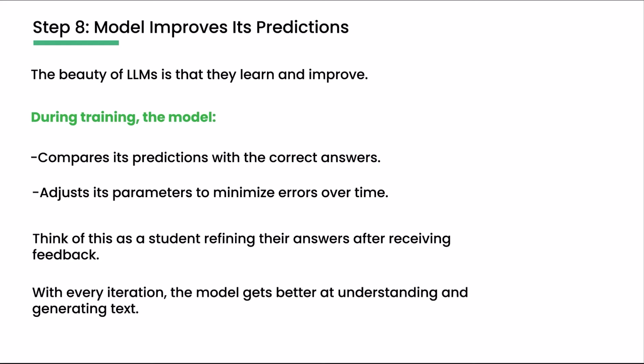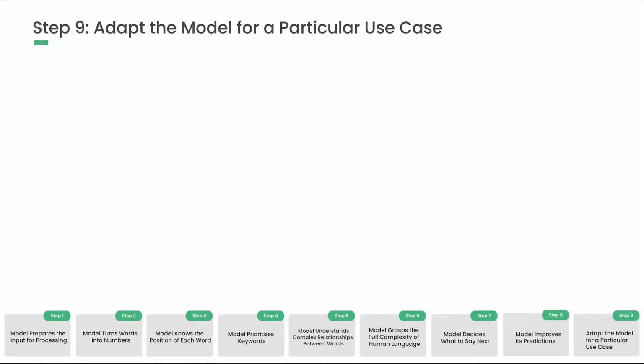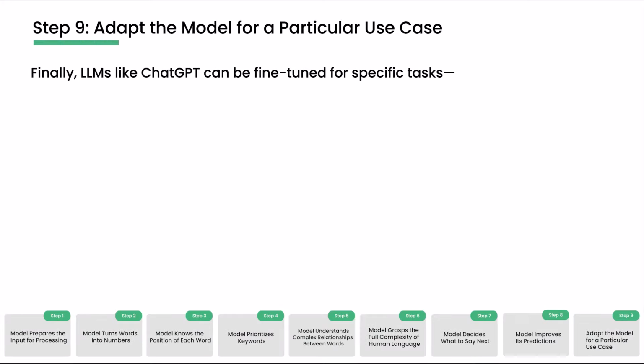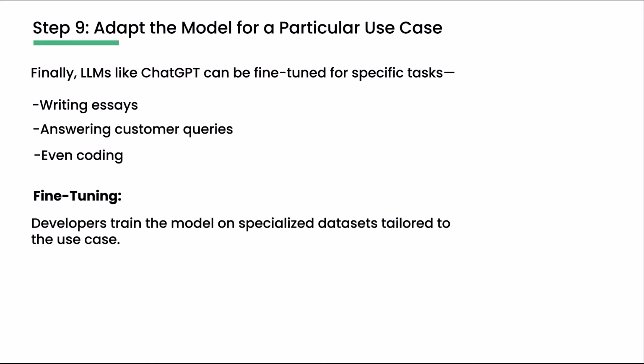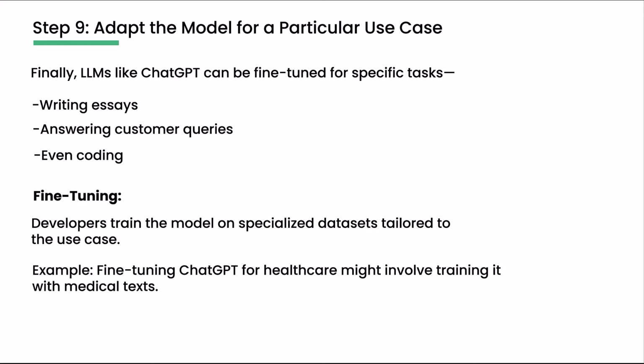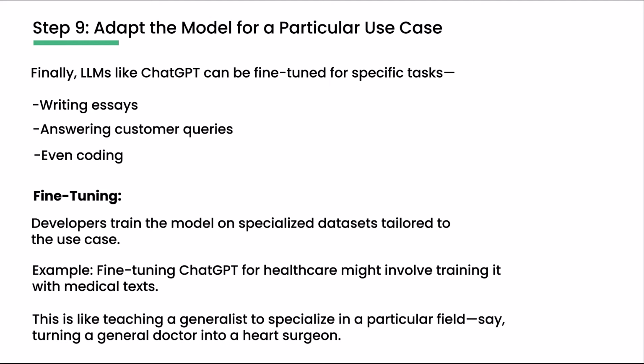Now let's go to the last and final step, step 9, adapt the model for a particular use case. Finally, LLMs like ChatGPT can be fine-tuned for specific tasks like writing essays, answering customer queries, or even coding. How can it be fine-tuned? Developers train the model on specialized datasets tailored to the use case. Example: fine-tuning ChatGPT for healthcare might involve training it with medical texts. This is like teaching a generalist to specialize in a particular field, say turning a general doctor into a heart